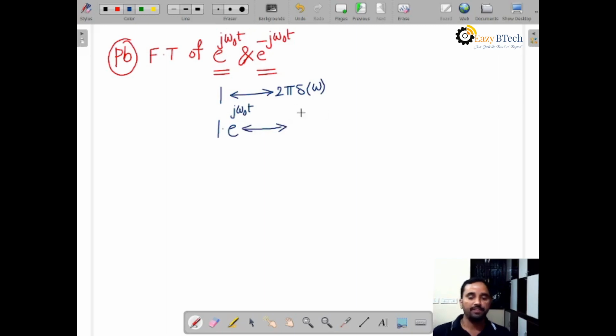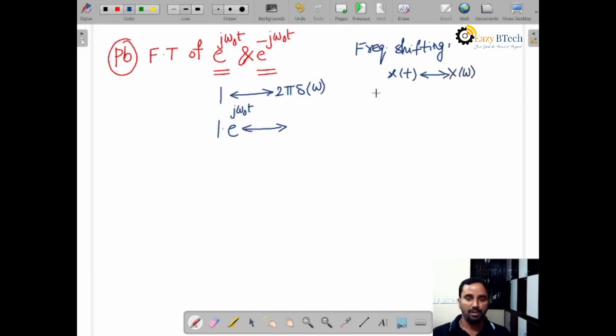We have the frequency shifting property, which is useful now. What is the frequency shifting property? If x of t has Fourier transform capital X of omega,